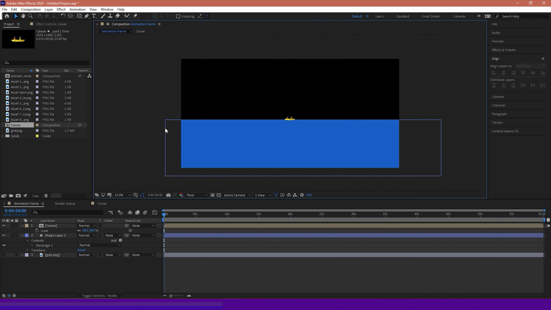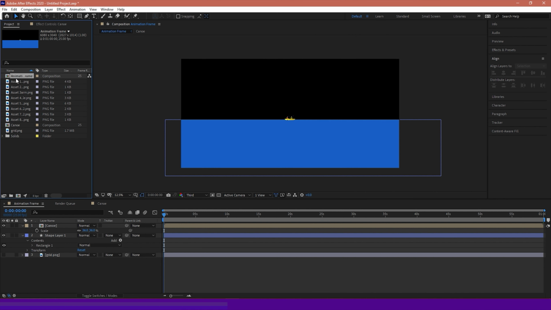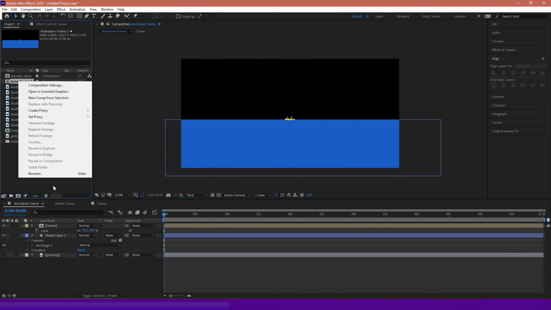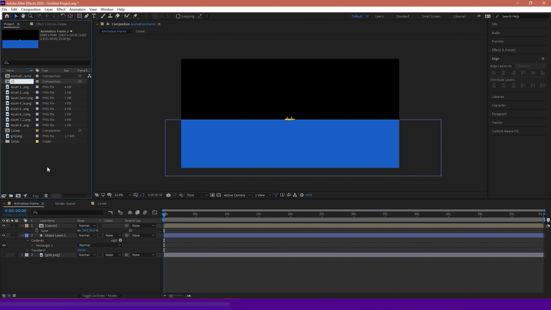So now I have my canoe, and what I'm going to want to have happen is I'm going to want this canoe to go across my scene. So I'm actually thinking the best way of doing this is I'm going to use this animation frame composition. I'm going to hit Control D to duplicate. I'm going to rename my duplicate to canoe controls. And I'm going to go back to my animation frame, which I'm currently on, and just delete my canoe